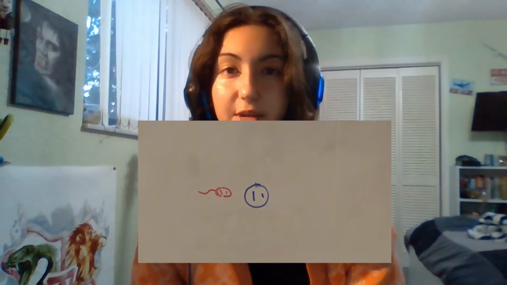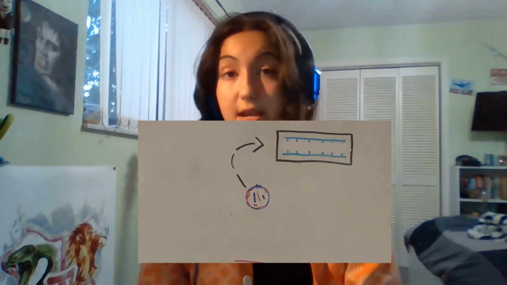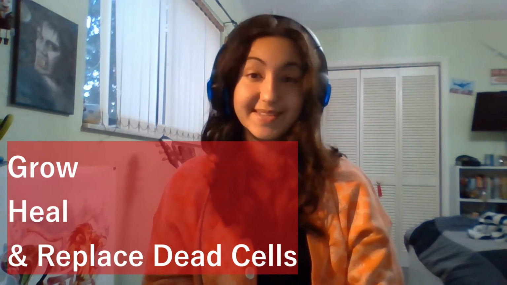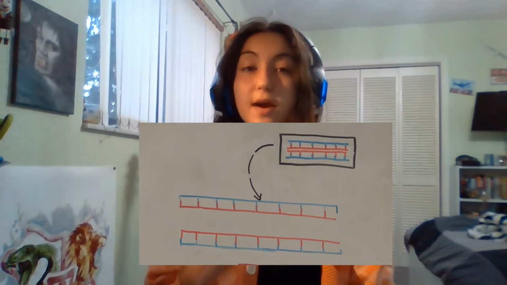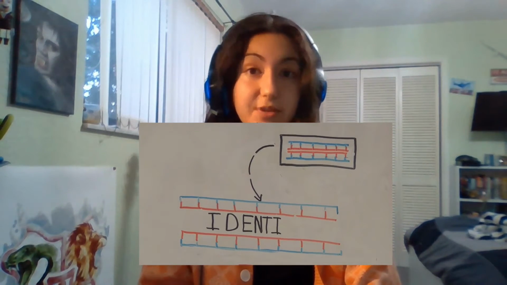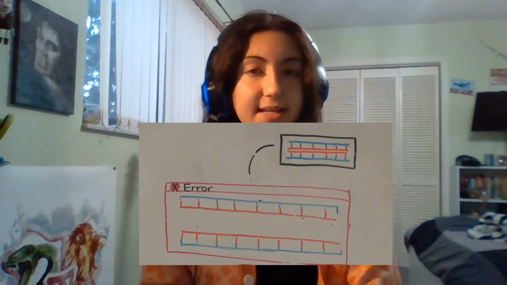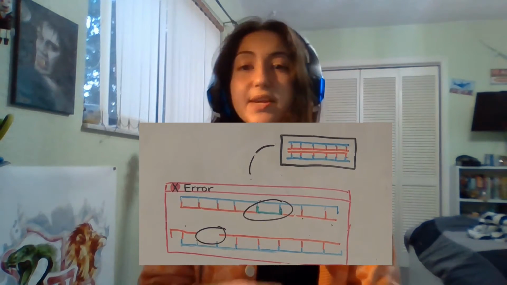Ever since conception, we've been relying on successful DNA replication for our cells to divide so that we can grow, heal, and replace dead cells. When all is done correctly, we should end up with two identical copies of the DNA molecule per each replication. Sometimes, though, mistakes can occur during the process, creating an array of mutations, which can have either little to no